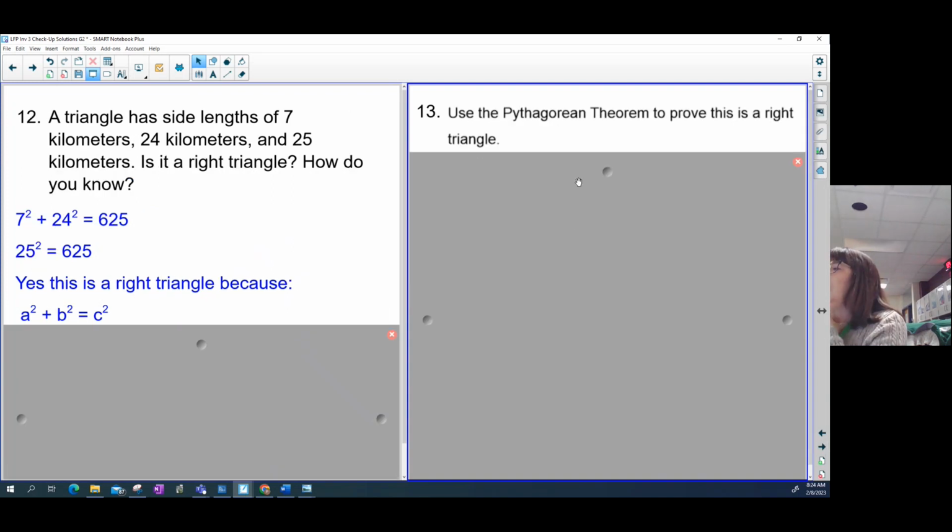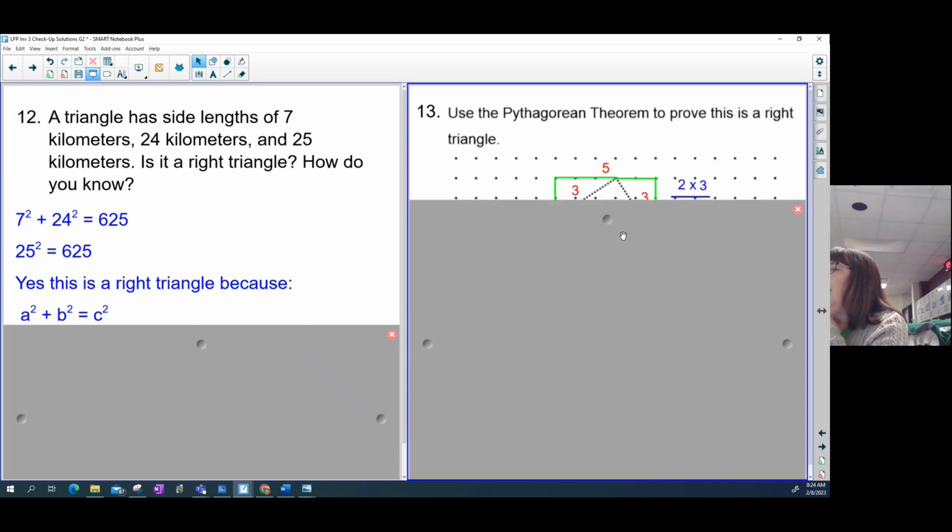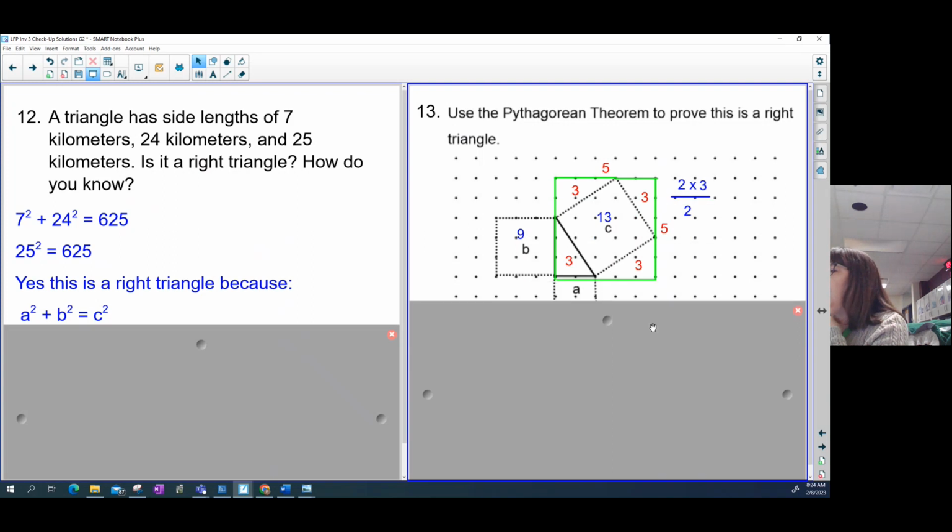Number 13 wanted us to use the Pythagorean theorem to prove this is a right triangle. So I first found the areas of all three of my squares, just like when we were doing our Cheez-It activity. The A side length had an area of 4. The B side length had an area of 9. And when I boxed in my C, I found that